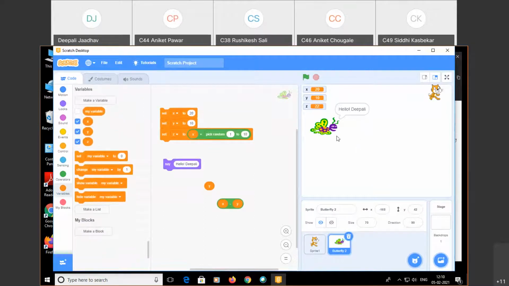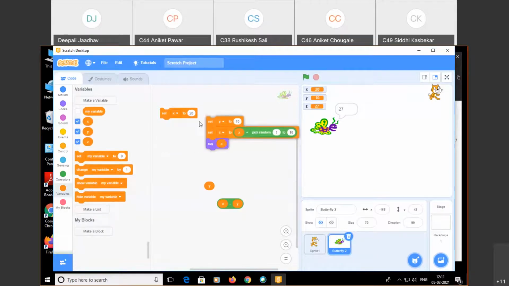Suppose I want this butterfly to say the result of this. So what do I need to use here? Instead of hello Deepali, I need to use the variable z. Whatever the value of z, it says. What is its value? 22. So it says 22. I put it here and then click on it. Instead of y, what I used here is the random number.